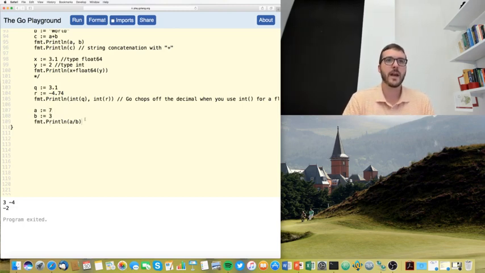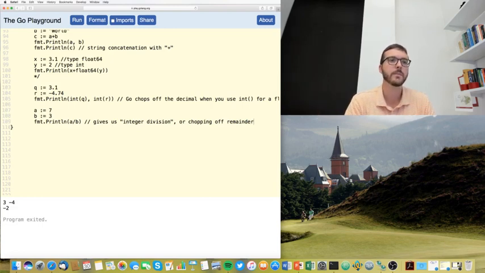So what we're seeing is that this gives us integer division, or chopping off the remainder. So it takes whatever the division is, and it just takes the integer component. It chops off the remainder. If you wanted instead to do